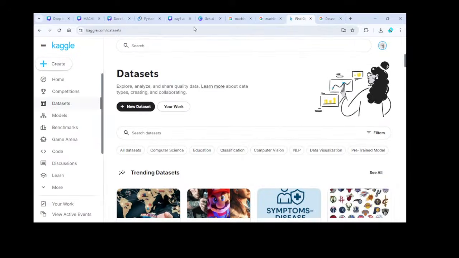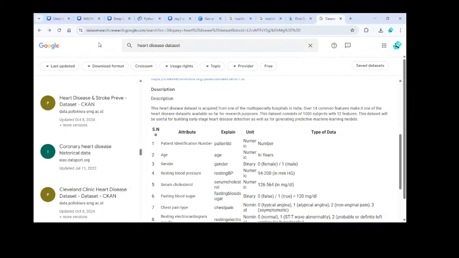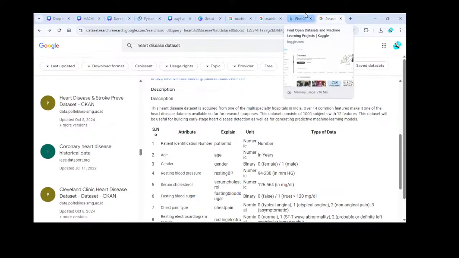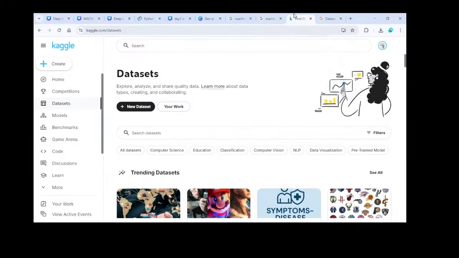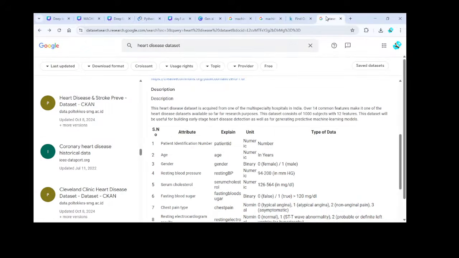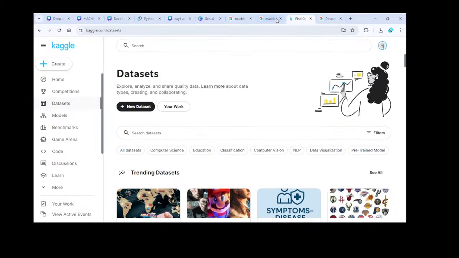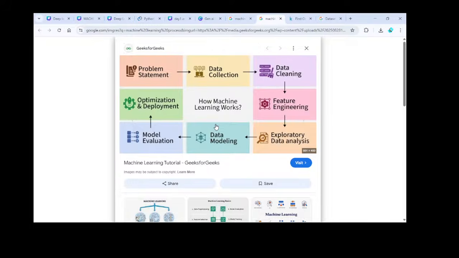What are the two websites? Kaggle and Google Datasets. These are the two websites where we can easily collect data from existing patients or existing data. So we define a problem, and after that we collect data from websites like Kaggle and